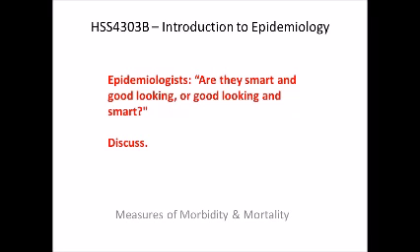Okay, so we've got an example. A population of 100,000 people, of which 20 are sick with disease X, and in 1 year, 18 of the 20 die from the disease. Okay, what is the mortality rate for disease X? Well, the denominator is everyone who is at risk of getting it. That's 100,000.